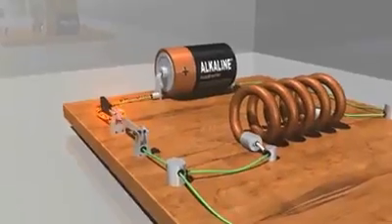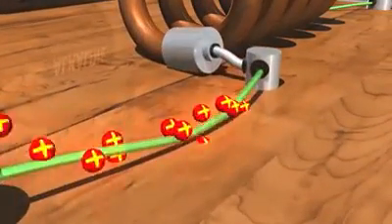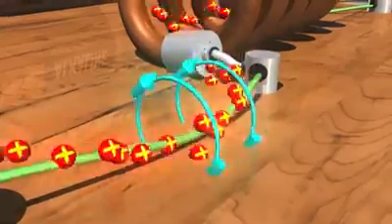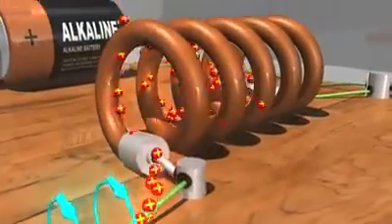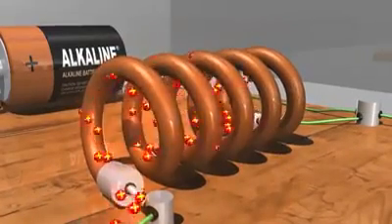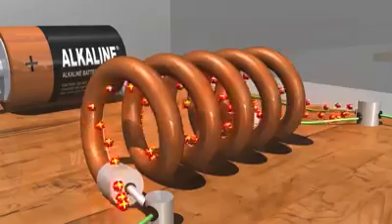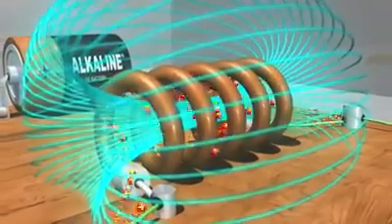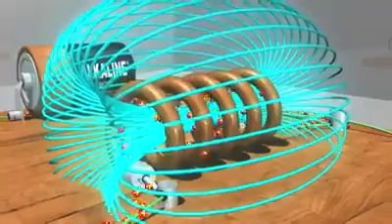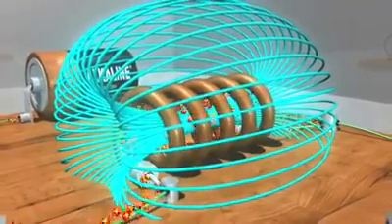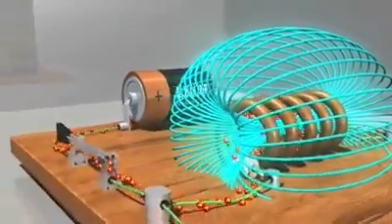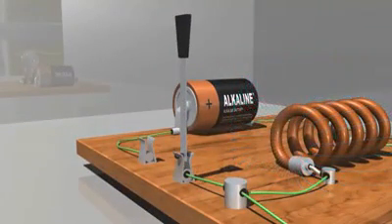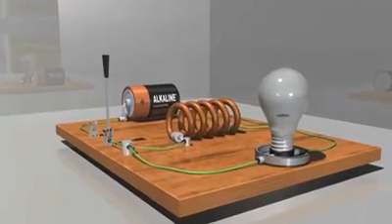When we power this circuit, the electrons in the current create a magnetic field around the wire as they move through it, as shown by these blue arrows. If the wire is formed into a coil, like this inductor, the magnetic field lines converge in the center. They gradually build up to a maximum magnetic field that is much stronger than the one around the straight length of the wire. Let's watch this again, but this time we'll pay closer attention to what's happening in the wire